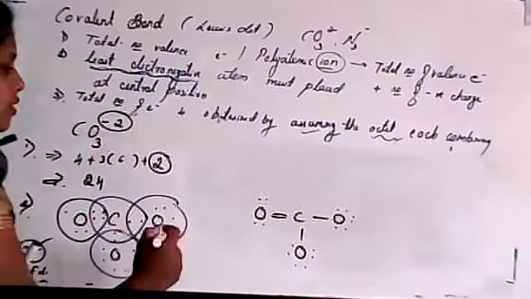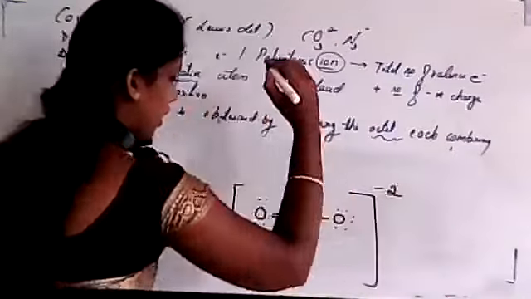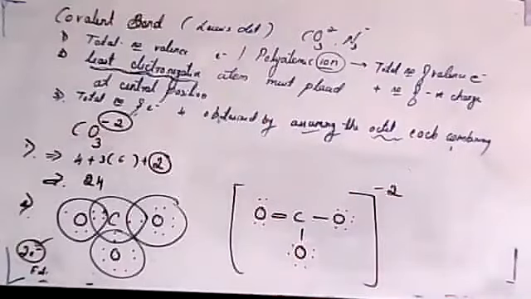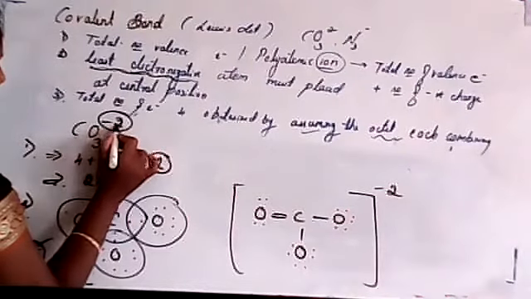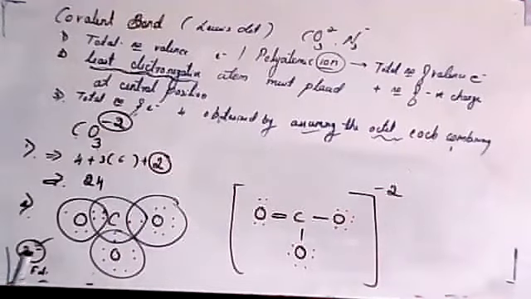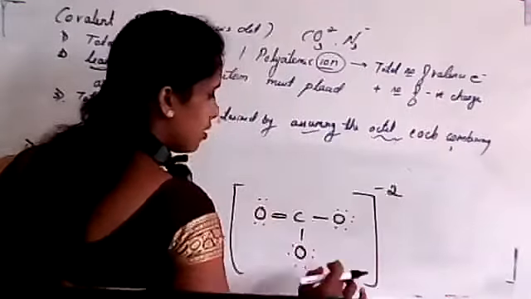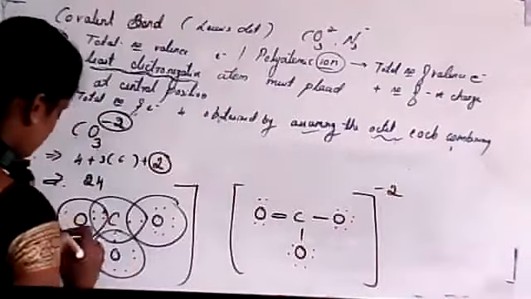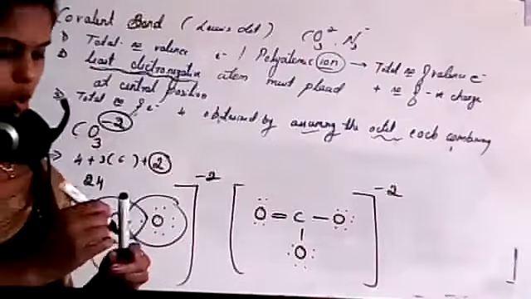Yeah, it is an ion, isn't it? So that's why you have to write in this way. That means CO3 is with a minus 2 charge. So that's why you have to mention this bracket with minus 2. For this also, you have to write like this or else it is wrong.